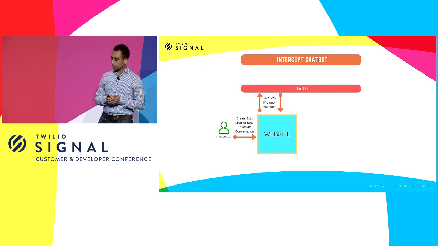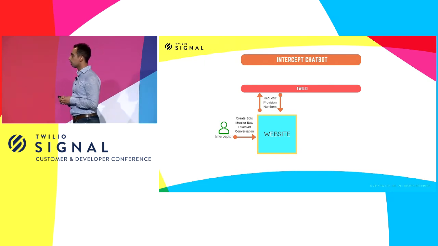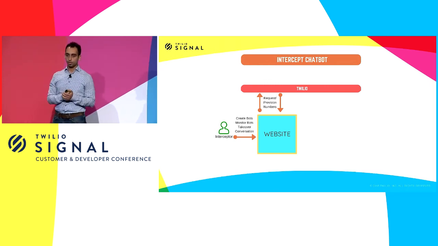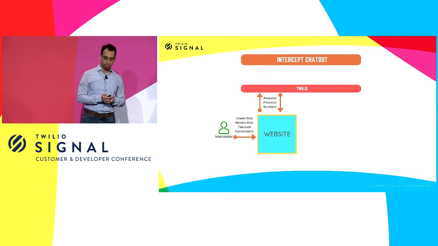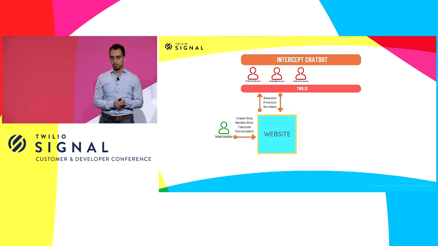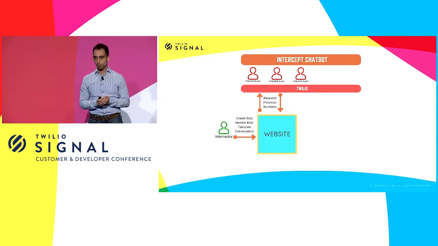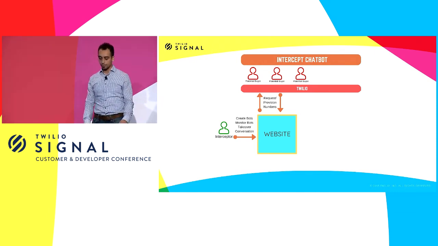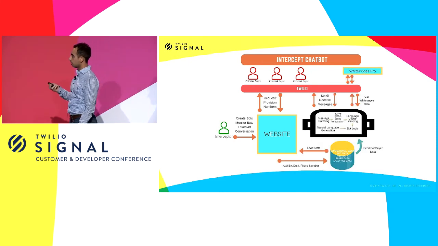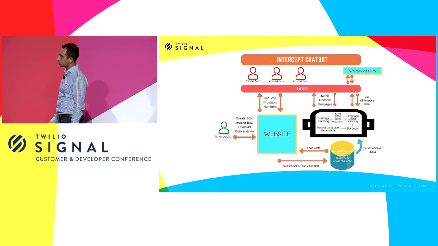When they create the bot, we'll go to Twilio and provision a phone number dynamically in the area code that they requested, and then it will be set up in our database. From that point onwards, this phone number will be taken by the interceptor and put in a decoy ad in one of these classifieds websites where the potential buyers would look for it. As the potential buyers start messaging the bot, we will receive these messages on a webhook that we've set up and put them into our bot pipeline.